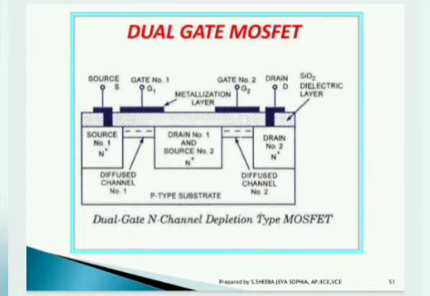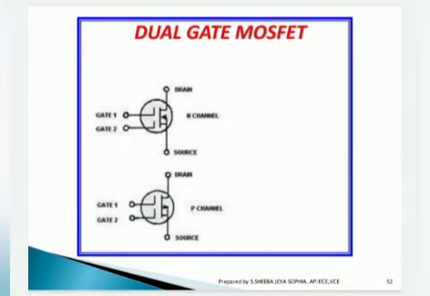You can clearly see the diagrammatic representation of dual gate MOSFET. It has two gates. From the name itself, you can say dual gate. Dual means two. So two gates are used here in order to reduce the high gate to channel capacitance at high frequencies. And also here you can see the schematic representation of dual gate N channel and P channel MOSFET with the two gates, gate 1 and gate 2, depicted in the diagram.